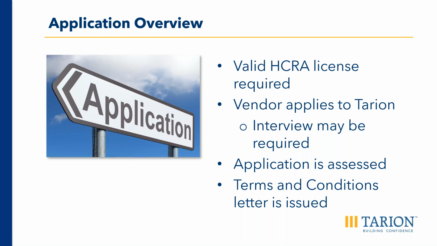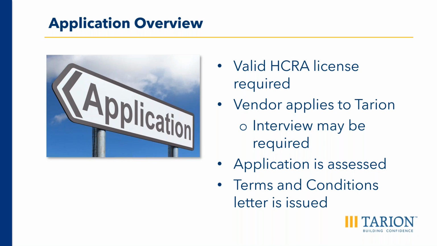Generally speaking, for a freehold application, you may need to provide the Tarion application document, which will feature a series of risk-based questions, the types of homes you wish to build and sell, the location of the homes, the size of the homes, and financial questions, as well as the standard vendor and builder agreements. A third-party financial guarantor, which in most cases will be required to complete a personal net worth statement and provide the supplemental documents to substantiate the assets that they're indicating on that statement, as well as a new guarantee and indemnity agreement. Financial information, including statements for the applicant, are also required.